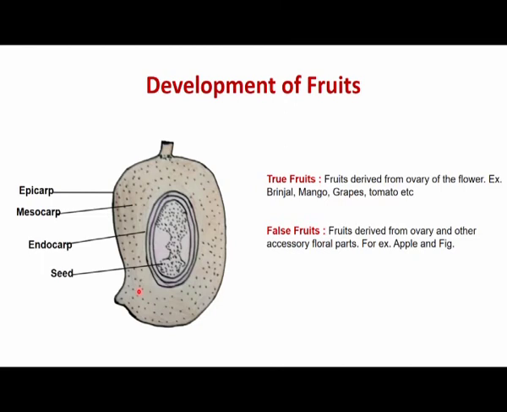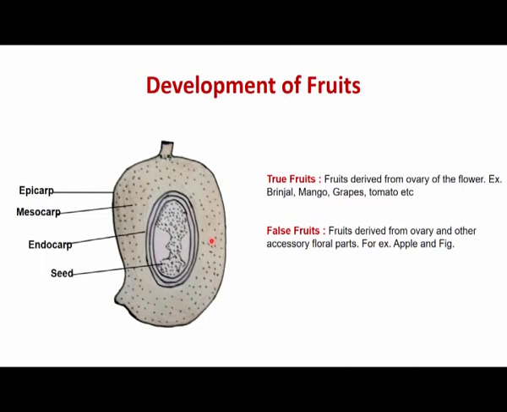The other advantage of having a fruit in the angiospermic plant is that, for the advantage of taking nutrition through this fleshy material, or the mesocarp, animals normally eat the fruits, and that's how they contribute to the dispersal of seeds from one place to another. So, fruit has two important functions. One, it protects the developing seeds. Two, it helps in dispersal of seeds from one place to another.